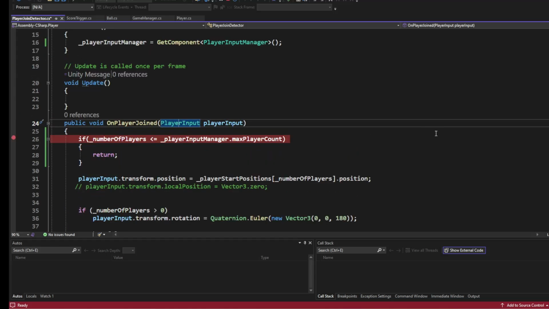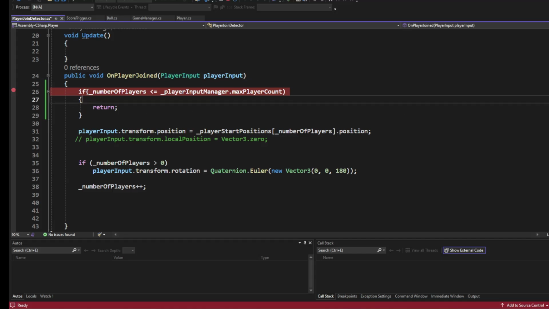Alright, in this script I've got a check to see if my number of players is the same or greater than the input manager. There's a problem there. Number of players is greater or equal to input manager max players. The way I had it set up, it would always just return because I would never get the chance to increment my players. So